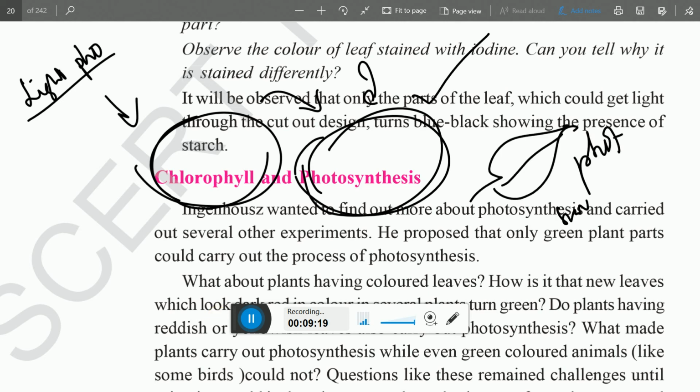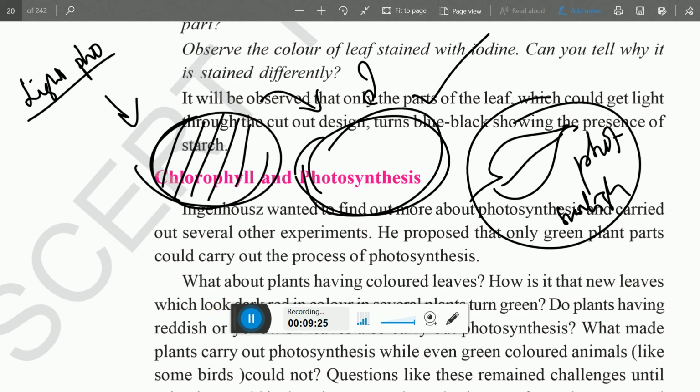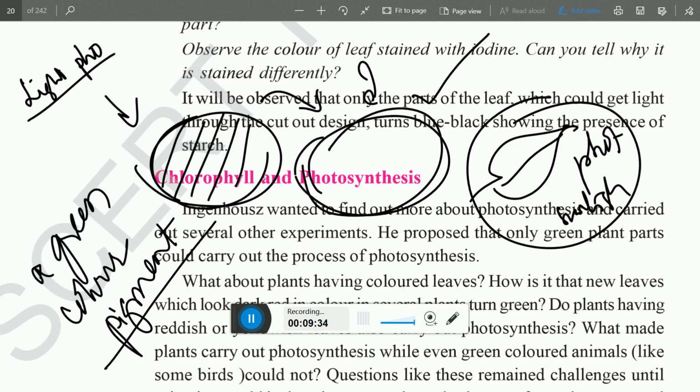You can write it with E or U as you wish. As of now, in SSC we have not seen this kind of question asked, but in fill in the blanks they may ask who gave the concept that the green color pigment is responsible for photosynthesis. Caventou and Pelletier. So here I am writing Caventou or Pelletier.